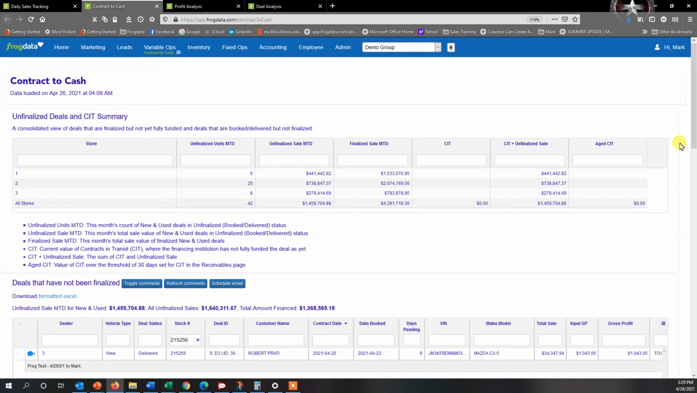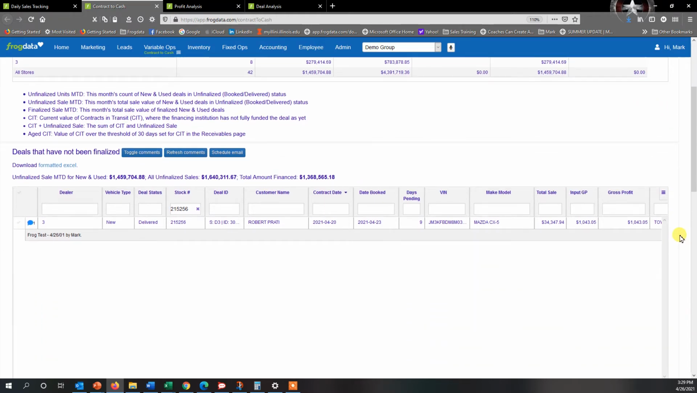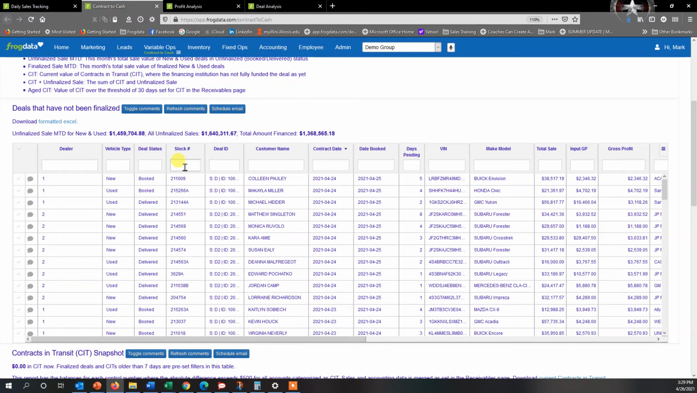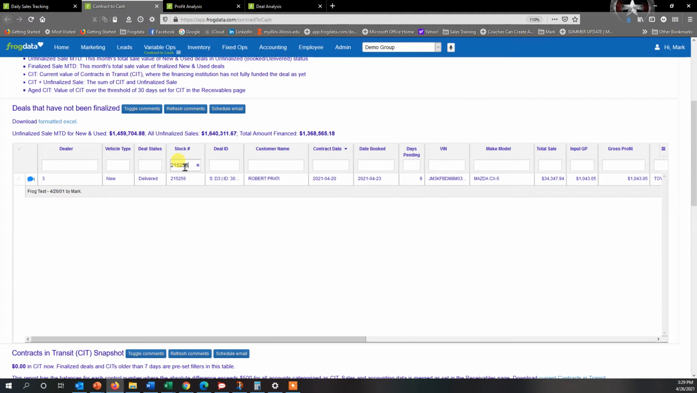And the Contract to Cash page has a summary of your outstanding monies that are owed either in a finalized or unfinalized deal. But right below that, there's another deal list. And the deal list that you see is deals that have not been finalized. So what I can do is type in, in this instance, I know the stock number. So I went ahead and typed in 215256, looked up that deal, and I can instantly see right away, hey,